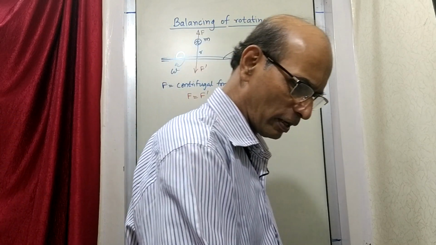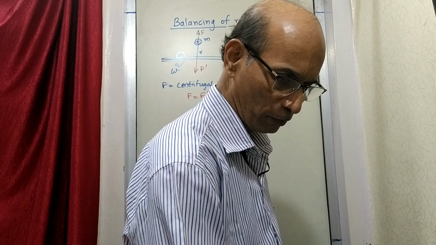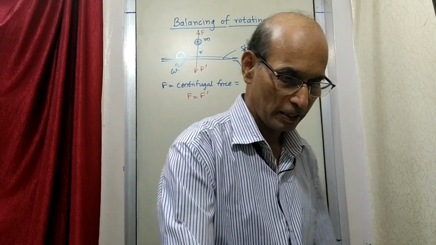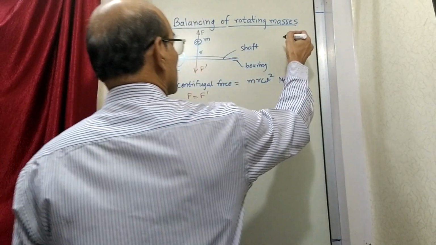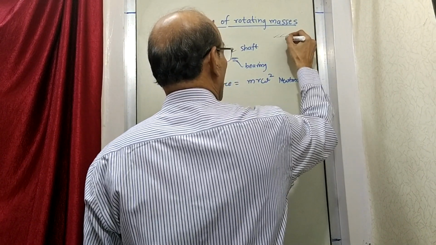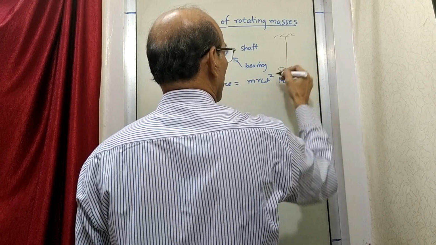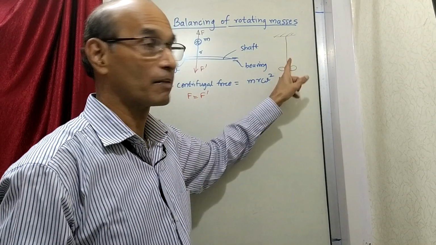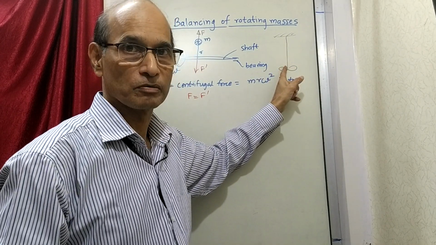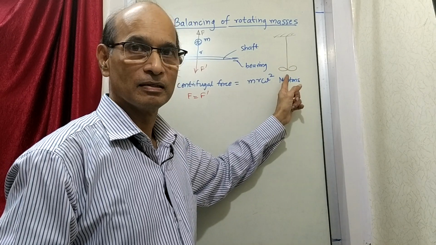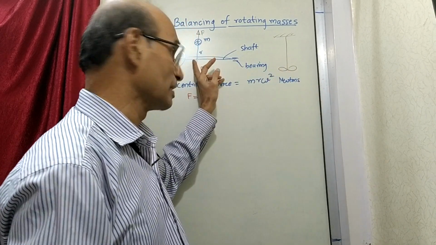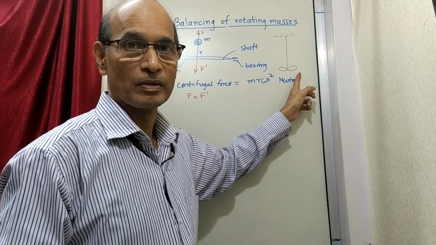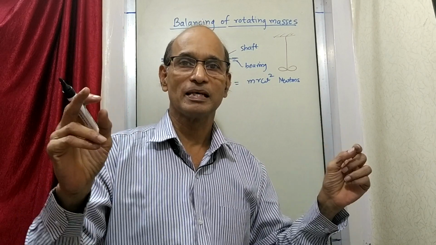Now one more example, a very simple day-to-day example which all of you must be knowing. Sometimes you see a fan, suppose I draw one fan. This is a ceiling, and from the ceiling a fan is hanging, like our ceiling fan which is there in the classroom anywhere. So same thing is there, but then this rod is quite long, suppose. And when your fan rotates, ideally what happens, again it is a similar situation. Instead of one mass, there are three masses because there are three blades. All the three blades are the masses and they are rotating.